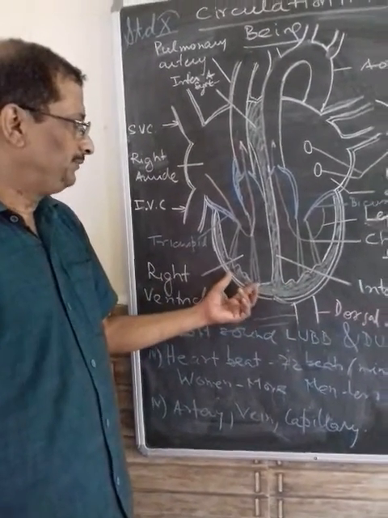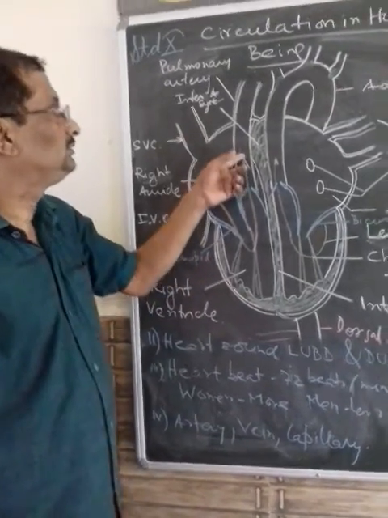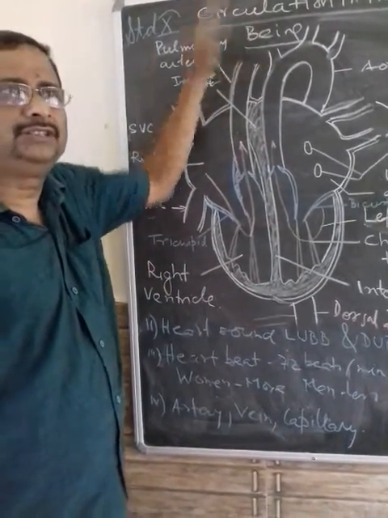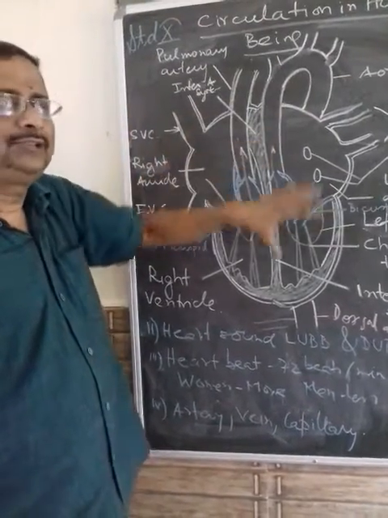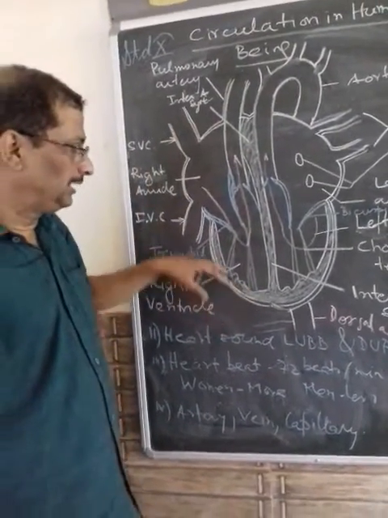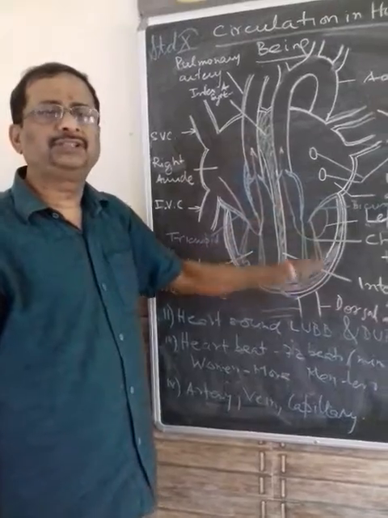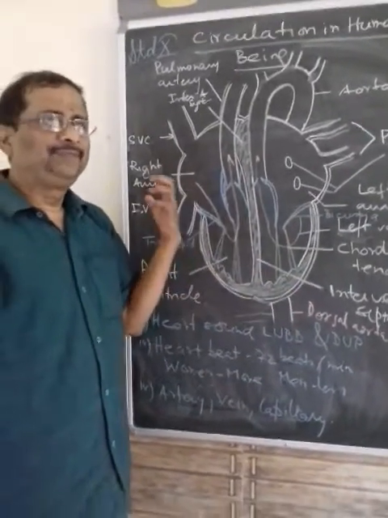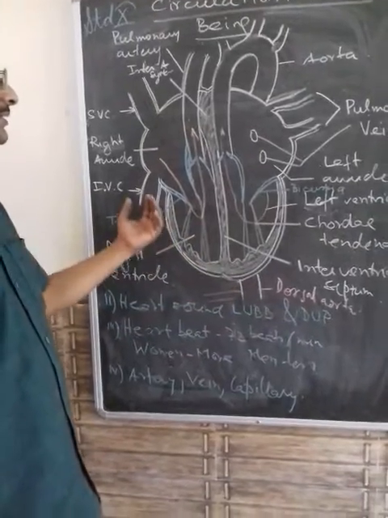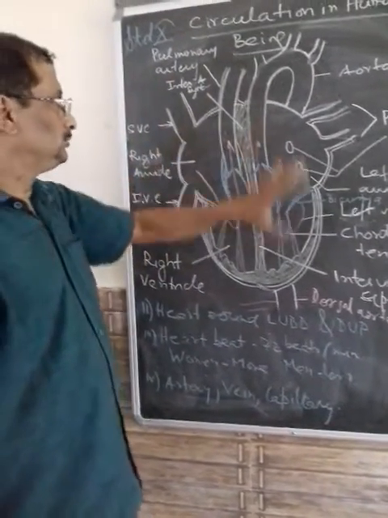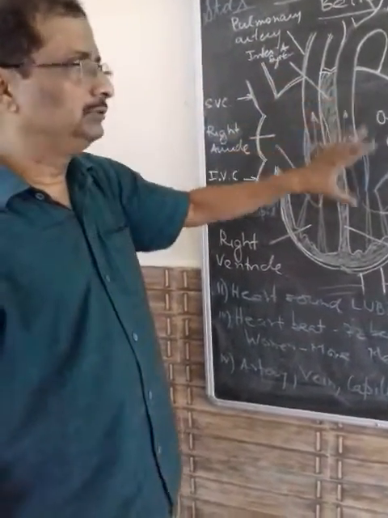Whereas the right ventricle has to push the deoxygenated blood just to the lung, which is just surrounding the heart. So naturally, it has to go a lesser distance, so this wall is thinner. So this question you have to answer like this, that why the left ventricular wall is thicker than the right ventricular wall. So this is more or less about the heart, and now we have to study a little bit